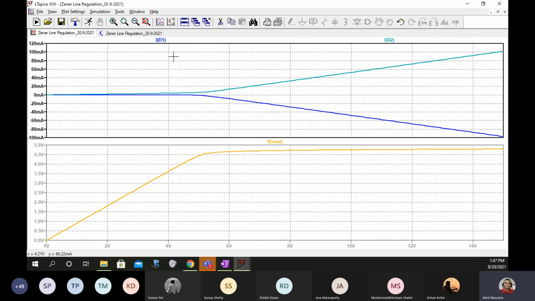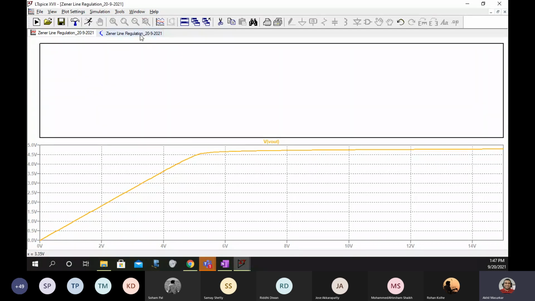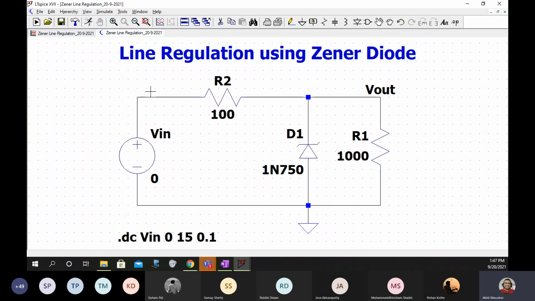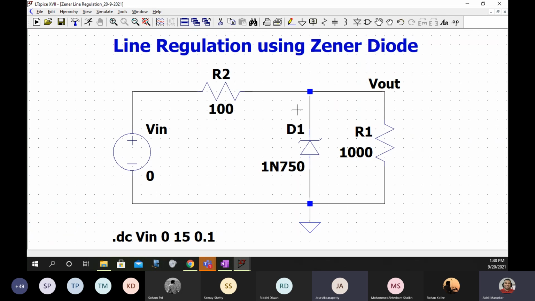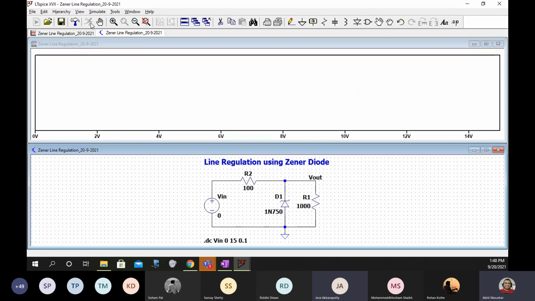Just a minute. I need to remove the plane. Sir, why is it that we are getting a different graph than the one you have plotted? No, we'll see that.